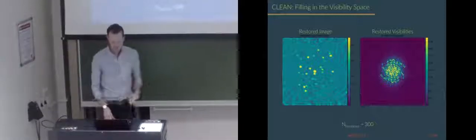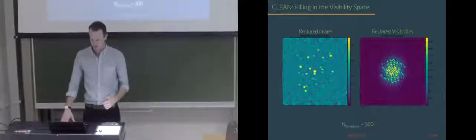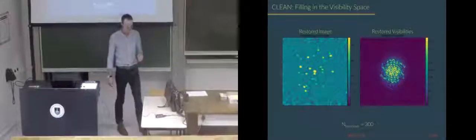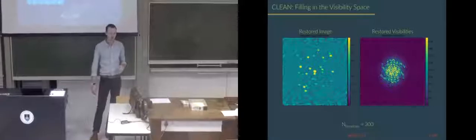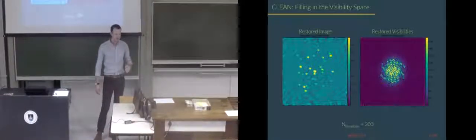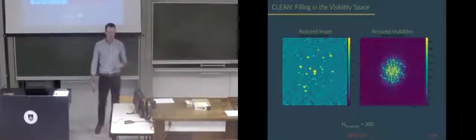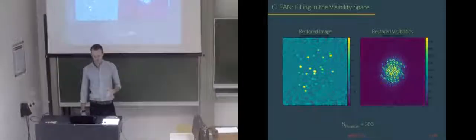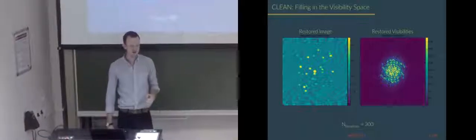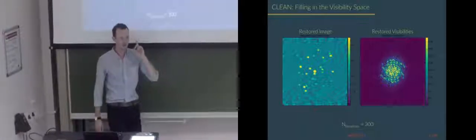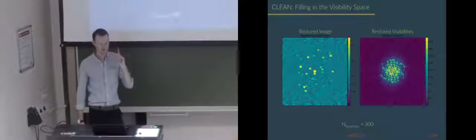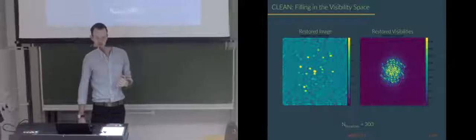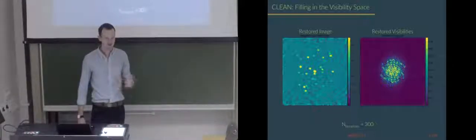I'm going to hit this home once more: in deconvolution, we are filling in information that we didn't have before. We're creating information based on the assumption that we have about the sky as being point sources. If that assumption is not correct, then deconvolution will result in errors. It won't be perfect, it won't be nice. This is a fairly valid assumption to make in interferometry.